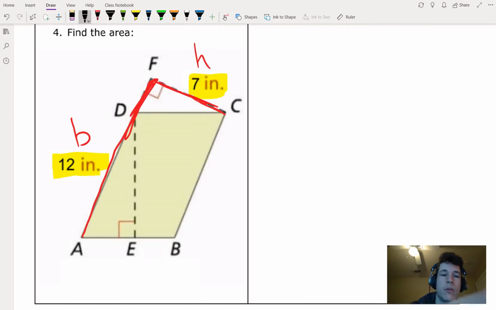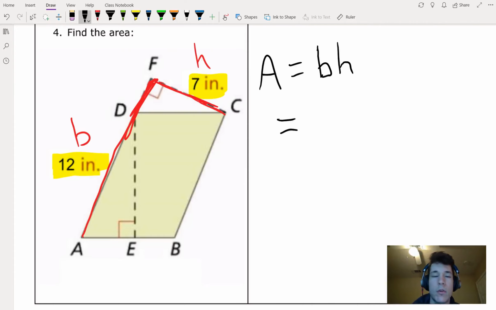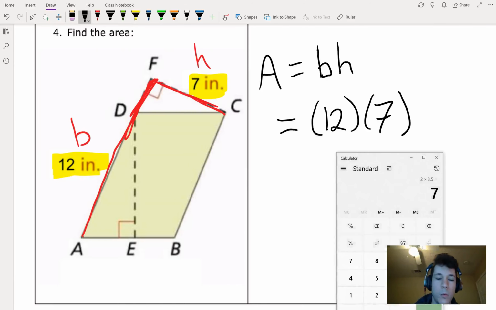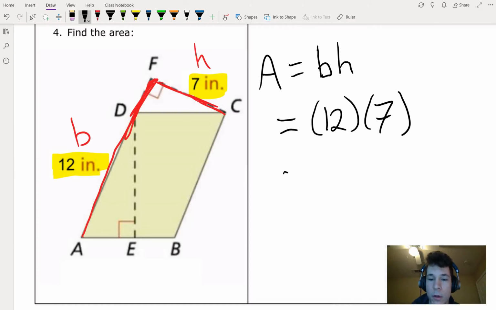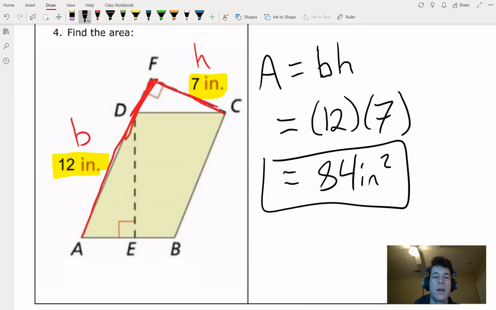And we just use the formula we've been using. Area equals base times height, which is equal to 12 times 7, which is equal to 84. Okay, remember your units, this will be inches squared, and that is the area of that parallelogram. And next, we will move on to